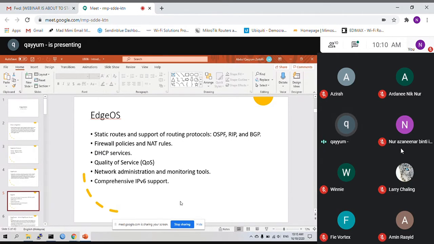If you're using MikroTik, you need to have a lot of knowledge in putting in the rules, the firewall rules, to configure it. But on the EdgeRouter, the web GUI is much simpler than MikroTik. In terms of hardware performance, MikroTik you can still go for higher performance if you're using a higher model like the CCR model. But in terms of features, MikroTik will have more features than the EdgeRouter.